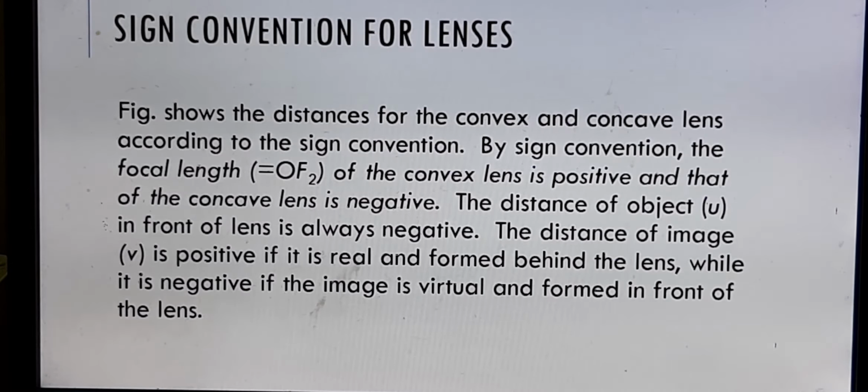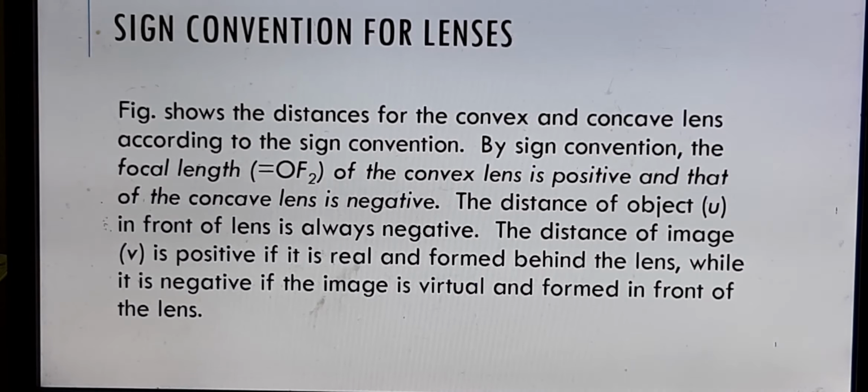Okay, so when you think about the image formed by the convex lens with the object at different positions, from infinity, then beyond 2f, at 2f, between 2f and f, then at f, till there the images are always real, isn't it? So in that case, we will get the distance v always with the positive sign. But when we place the object between the focus and the lens, you know that we get a virtual image in case of a convex lens. So in that case, what will be the sign for v? It will be negative. So for a convex lens, v can be positive as well as negative.